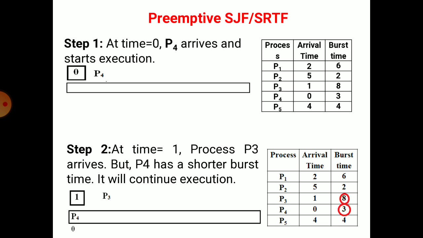At time 0, that means CPU time 0, only one process has arrived in the queue, that is P4. The scheduler selects that process for scheduling. At timestamp 1, the process P3 arrives. Now, according to the definition, you need to select the process requesting the shortest time. Among P3 and P4, P4 has the shorter burst time, so it will continue the execution, and P3 moves to the waiting queue.